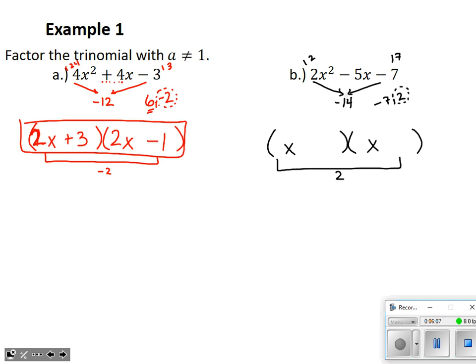Pretty nice that we got 2 and 7 that are both prime numbers. I just take the 2 and the positive 1. Okay, first times first has to make 2x squared. That means that had to be a 1x. Last times last makes negative 7. That had to be minus 7. Let's check the inside. Hey, it makes a negative 7. We've got that thing factored.